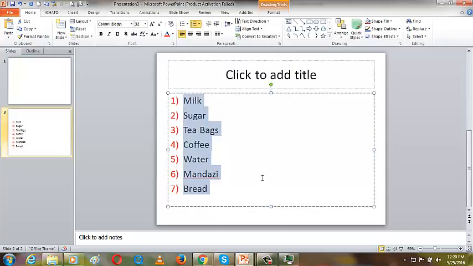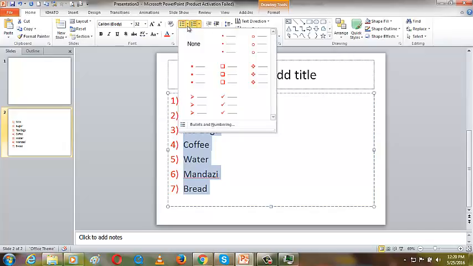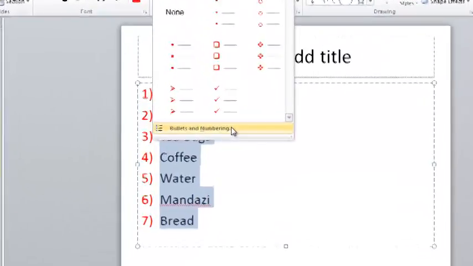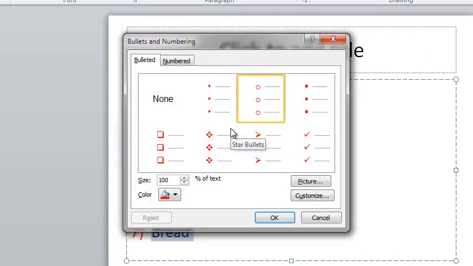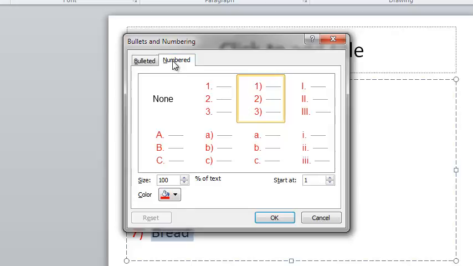See, now we've changed the number format. Again, it is still red. We can change the color, but let us look for other options for numbering. You click on that numbered, and you click on the bullet command, and then you have the bullets and numbering dialog box appearing on your screen,